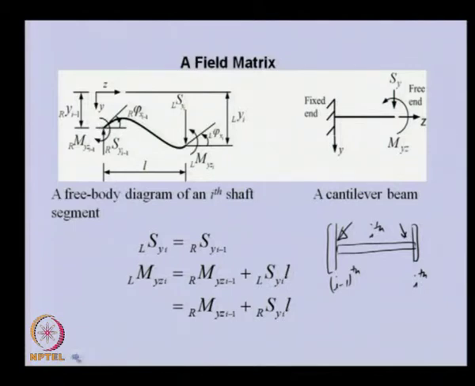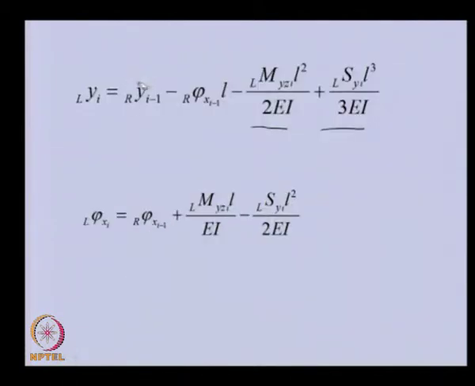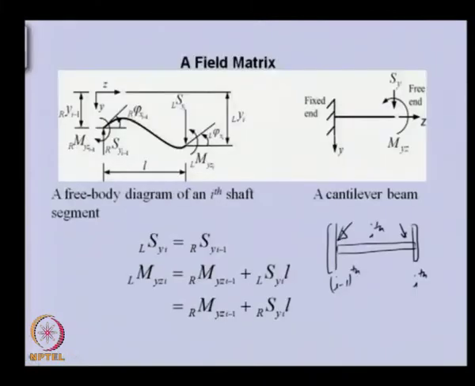So, you can see that whatever the displacement of the right of I minus 1th disc is, the linear displacement will be the same. So, we will put this value here, and for the slope, again we need to refer to the figure. Whatever the slope of this end we are giving.